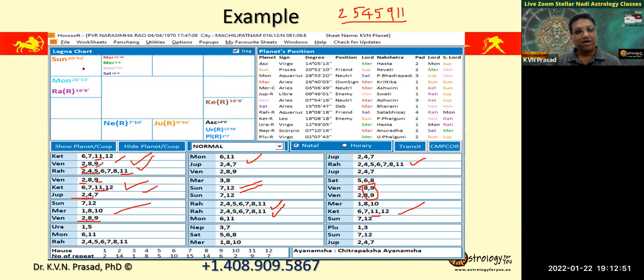And then see the 8th house, 7 and 8th. 8th house, 8th lord is Mars, right? You have 4 planets in 8th house. So that's why you see that 8, 12 more, right? That is also astrology. 4 planets in 8th house. Yeah, 4 planets in 8th house. And then basically, 8th house is very strong.